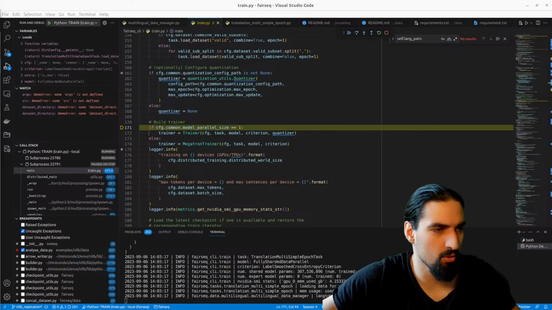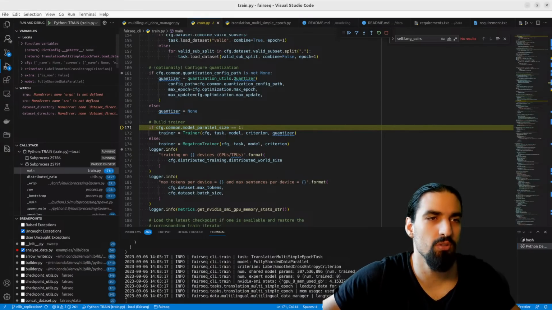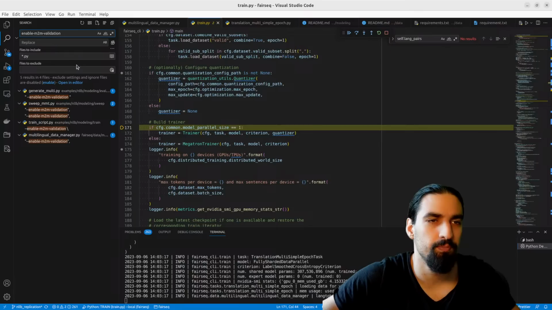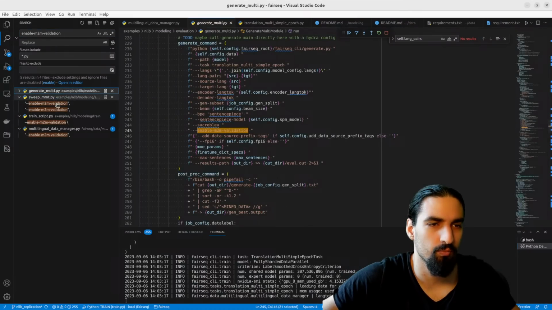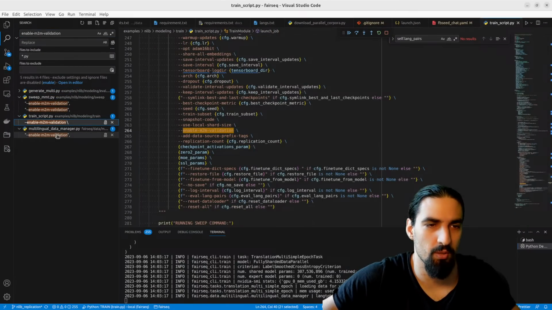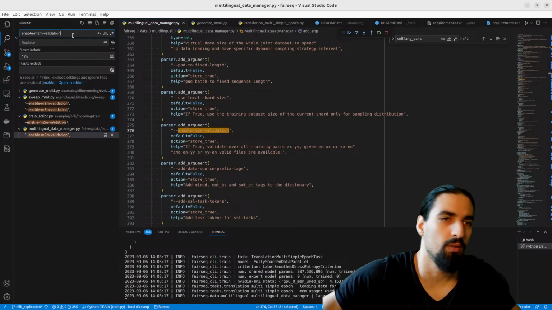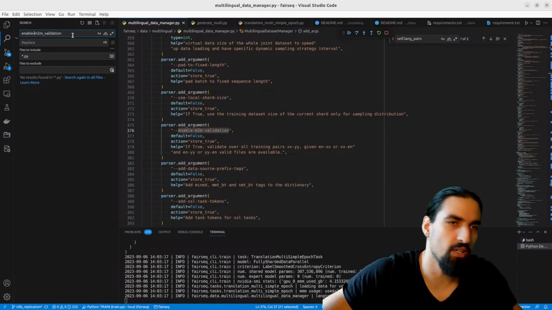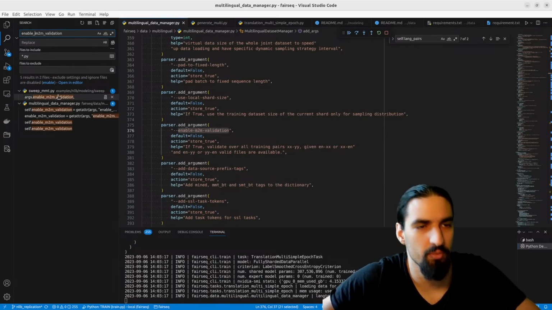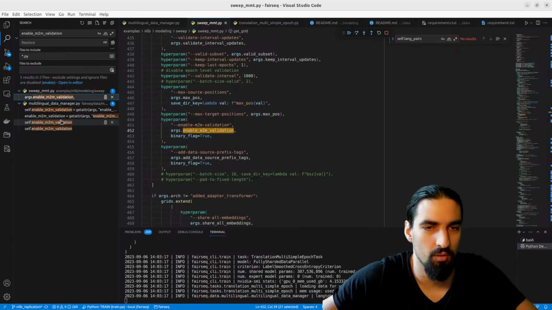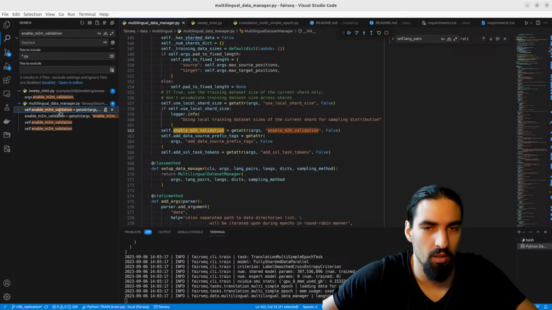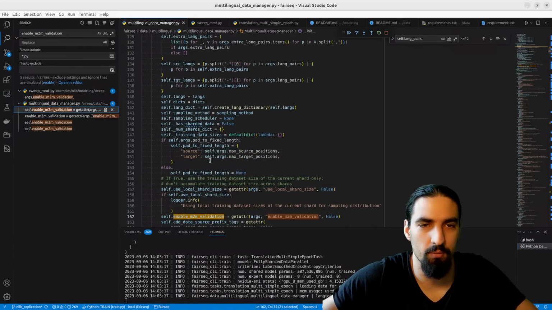Let me see also how is enable M2M validation used. Sweep train script. Let's just remove the dashes and make them underscores. Enable M2M validation.